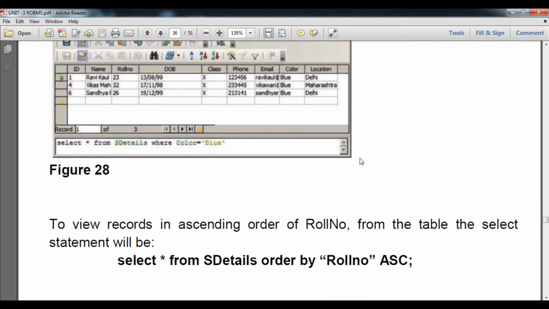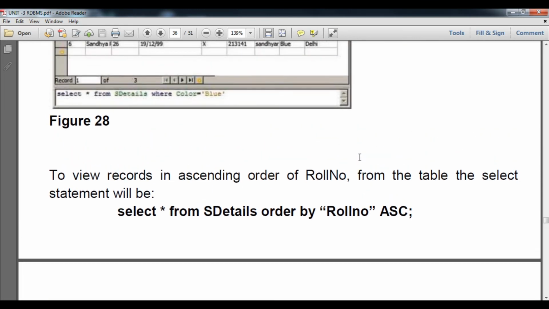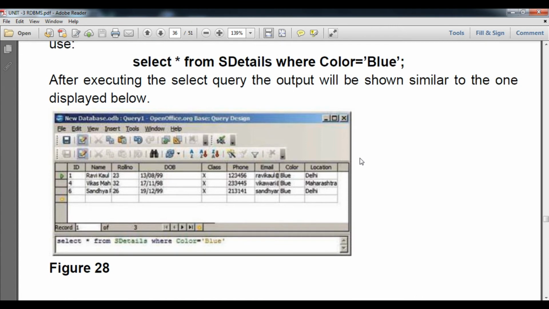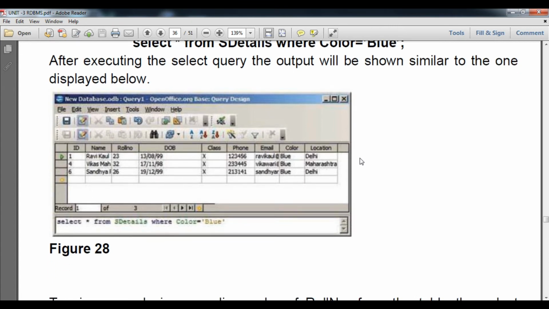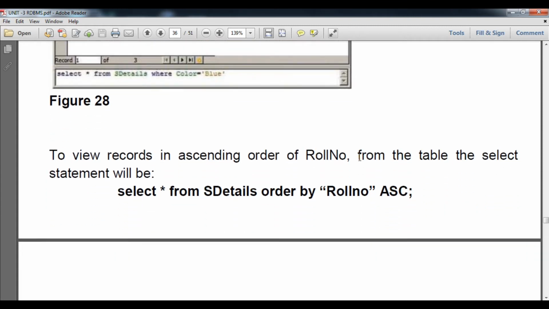Okay, now we are going to understand the ORDER BY clause. With ORDER BY, students, we can access the details of a table in either ascending or descending order. You can see SELECT * FROM sdetail ORDER BY. This is the ORDER BY clause, which is not written together; it must have a space between ORDER and BY.